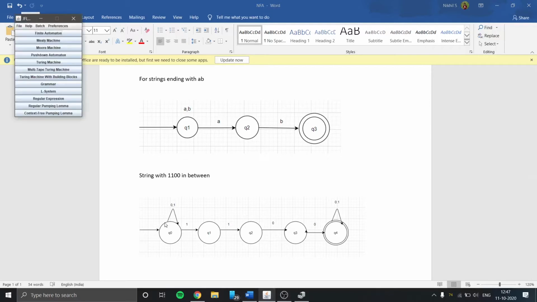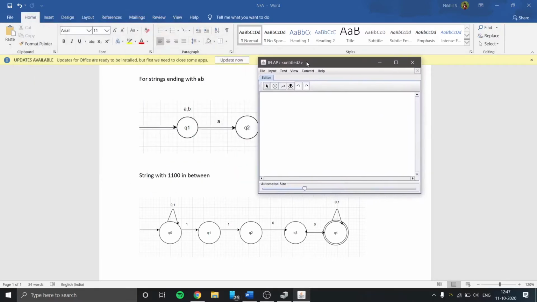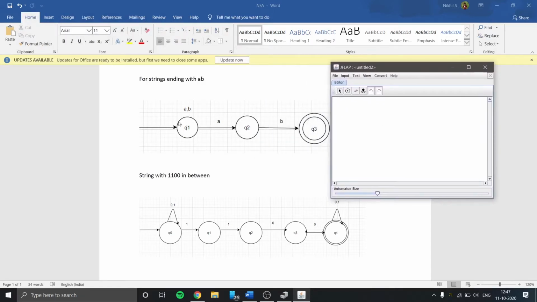So here is our JFLAP. We will select finite automata, and our editor will open. Let's start building our first NFA. We will first take the state creator tool and create 3 states, then use the attribute editor tool to make this state the initial state and this one the final state.